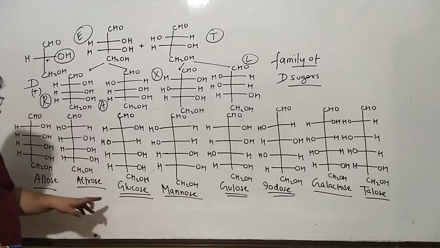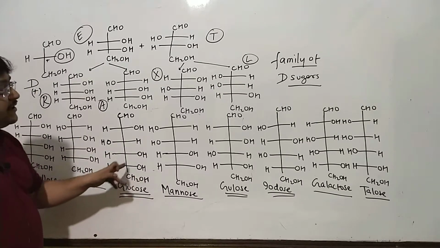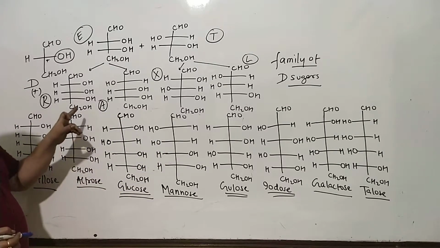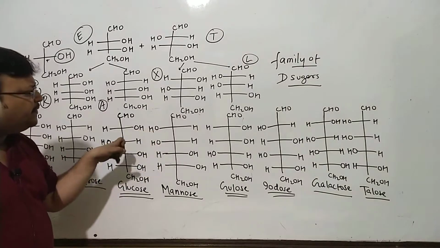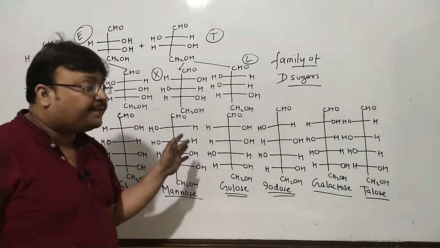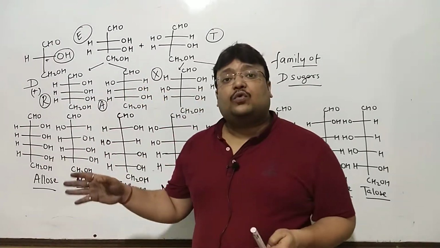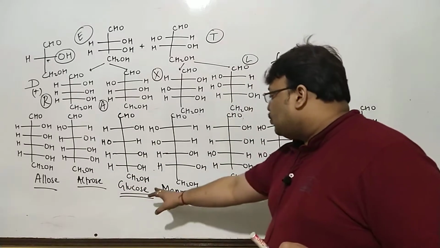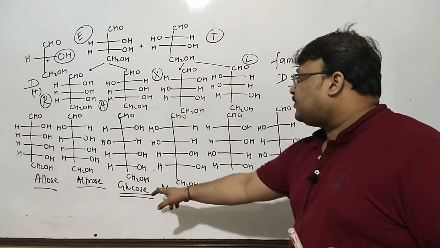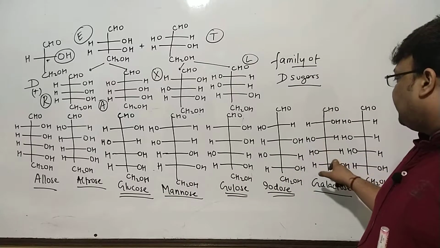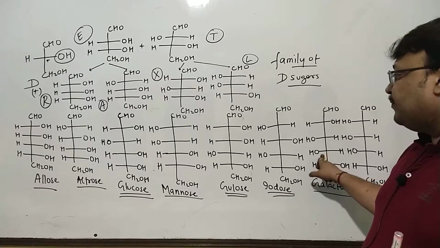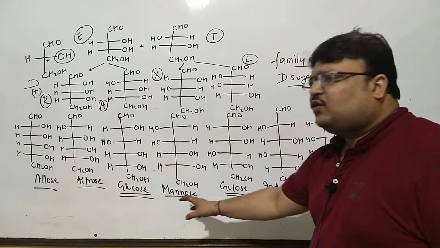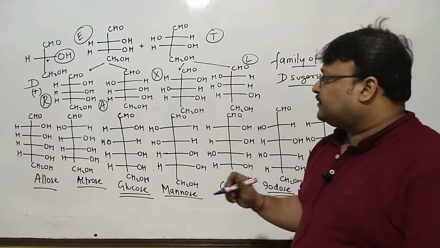Now coming back to the structure of glucose and mannose, which are C2 epimers coming from the same aldopentose arabinose, Kiliani-Fischer always gives you a pair of C2 epimers. But it's not necessary that there are only C2 epimers here. The term epimer is a general term. If you look at glucose and galactose, see at carbon 2, 3, 5 they are identical, only at carbon 4 glucose and galactose will differ. So glucose and galactose happen to be C4, carbon 4 epimers.